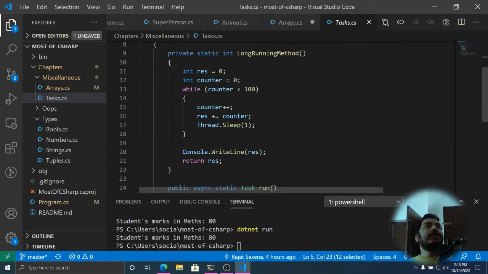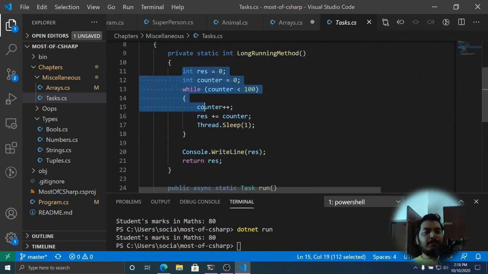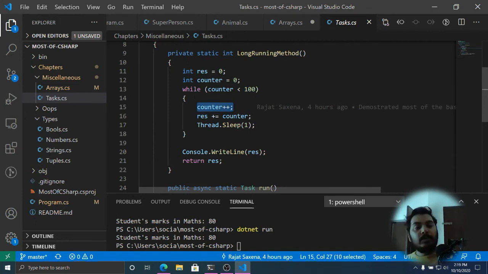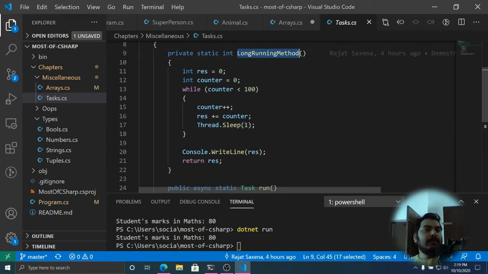It is going to take some time for it to produce the output, so I have called it a long running process. It is simply adding numbers from 1 to 100, because the counter is incremented here. It is adding 1 to 100 and producing the output, but the catch is that it is taking a nap while doing that. So this takes some time in order to produce the output.